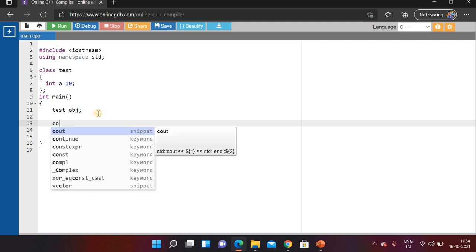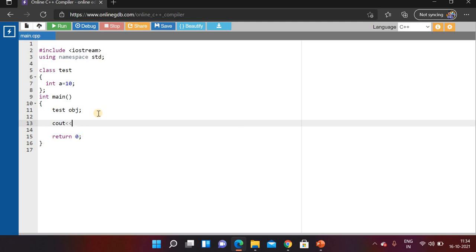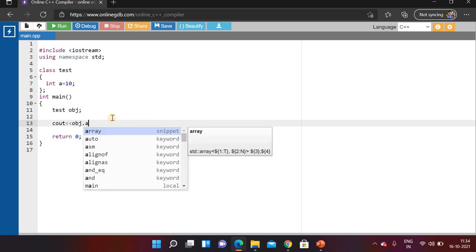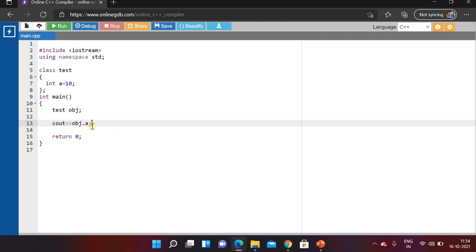For that we use the object of that class, the dot member access operator and the member name. This line will print the value of a on the console. So let's execute this code.